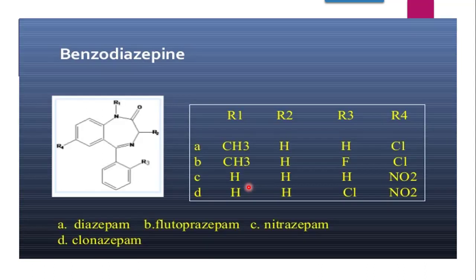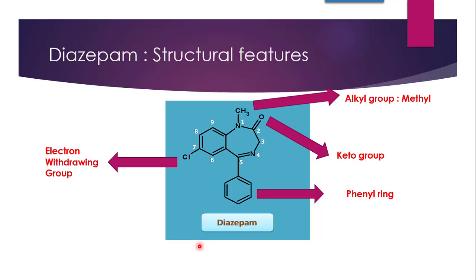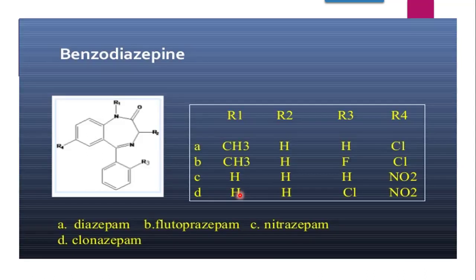Now the derivatives of benzodiazepines are diazepam, flurazepam, nitrazepam, clonazepam, etc. Today we are going to talk about diazepam, which has the substituents CH3 and chlorine at the respective positions, which we have seen in detail in the IUPAC also. So this is CH3 at R1, and at R7 there is chlorine, that is 7th position chlorine, which we have seen right now. First position CH3, at 7th position chlorine, 5th position phenyl is present.